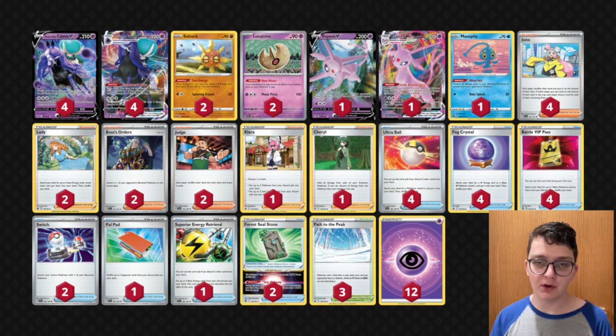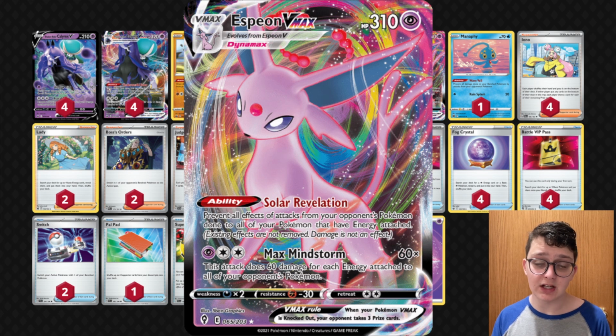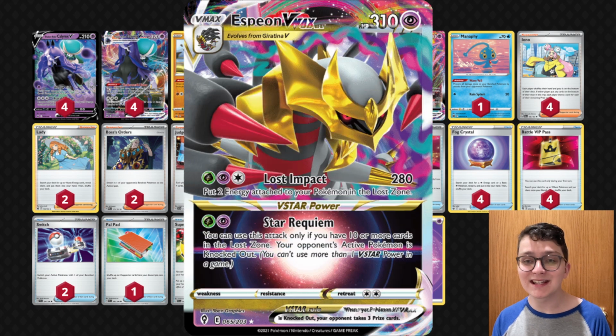So with this Shadow Rider deck, we're just going to be trying to get as many Calyrex down as early as possible so we can get them into our VMAX and start accelerating a ton of energy and drawing a ton of cards. Espeon VMAX is actually a really insane card in this deck right now because against Giratina VSTAR,